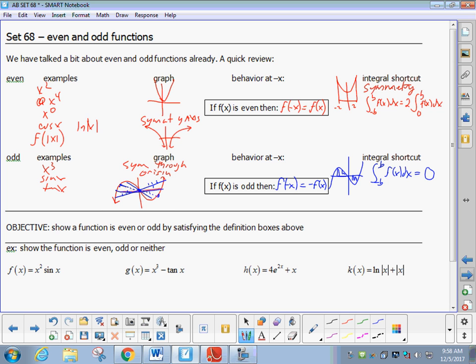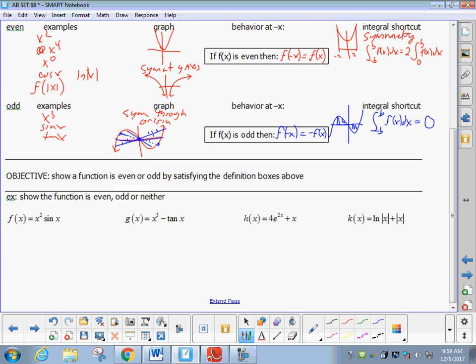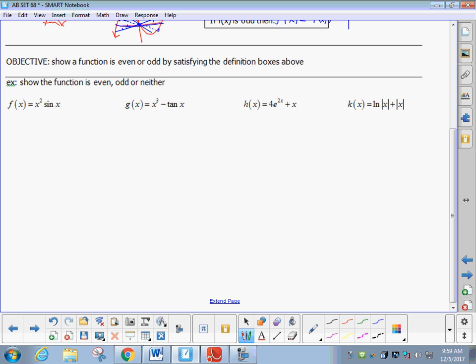All right, then. This is what your homework problems will look like. Show a function is even, odd, or neither. Please, would you make sure you understand the difference between show and state? It doesn't say if it's even or odd. It says show it is even or odd. You prove it. It is a proof. Okay? You are in all cases